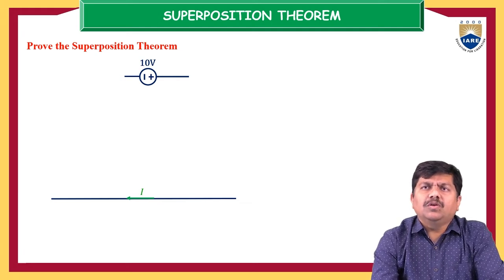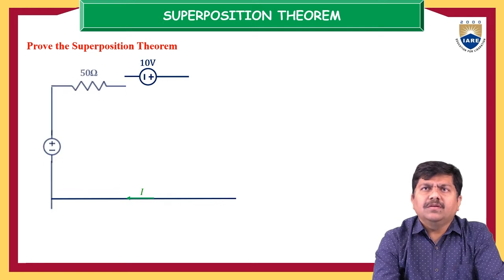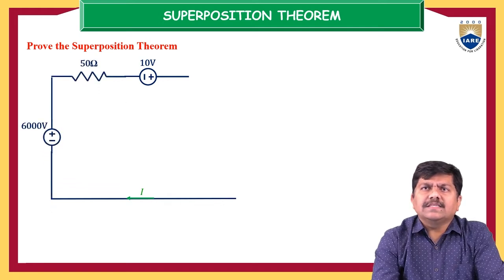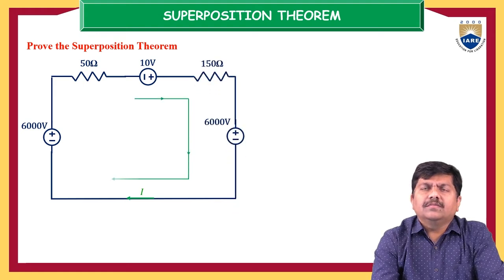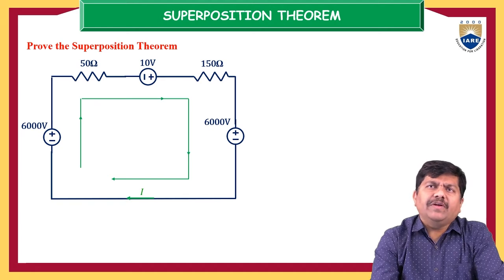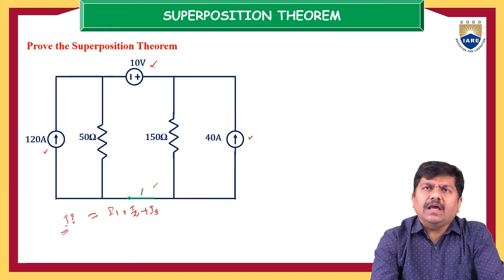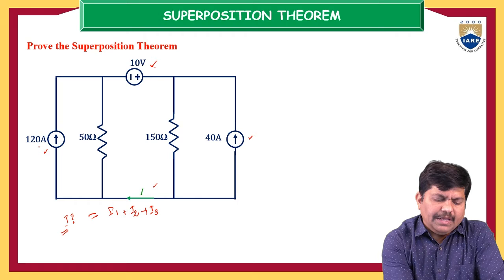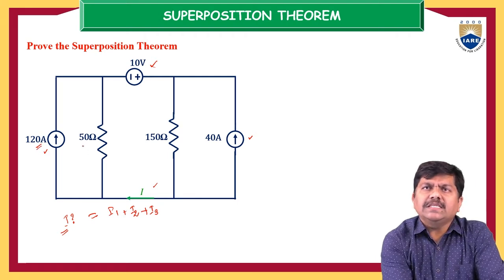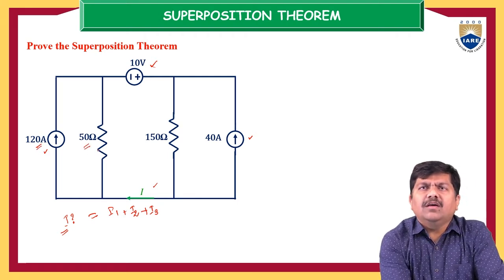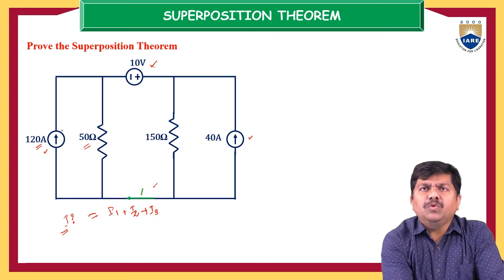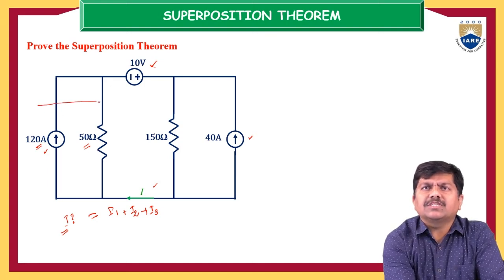So let us examine this with some animated videos. So this is the circuit here, and in this one, which source have we activated? If you clearly examine, going back to the actual problem, this 120 amps current source and this 50 ohms look like a parallel combination. So you can eliminate this complete section.